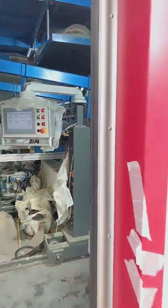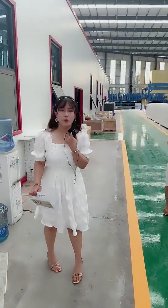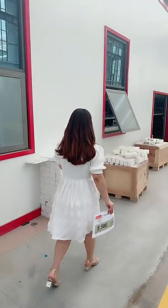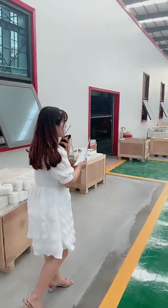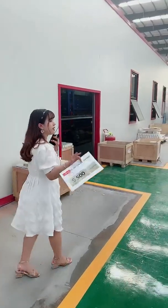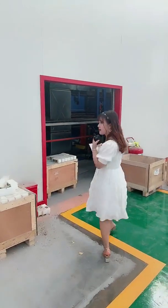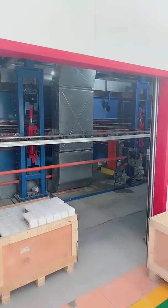Because for quality we must control the best and give you safe goods and panels. So this PU panel is made with high technology. This product's production doesn't need so many workers because it is all higher technology. So maybe in your country you have this production line, but